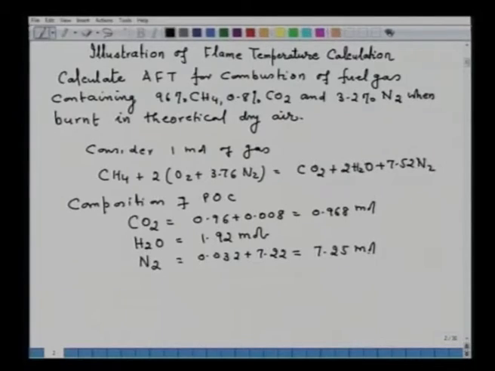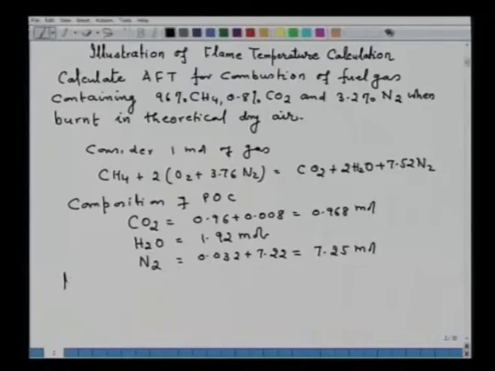So now we have before us the products of combustion with their amount: CO2 0.968 mole, H2O 1.92 mole, and nitrogen 7.25 moles. Now in order to do heat balance, I write down again the heat balance